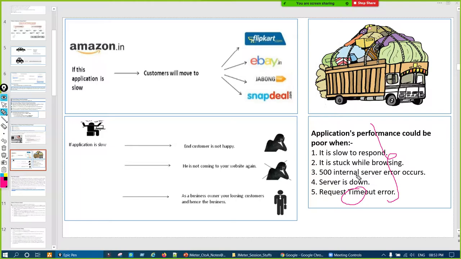So here also we cannot do it manually, and that's why we need a tool to do the performance testing, to check the behavior of each page or each user action on the website, right? To decide and check whether the response time is good or not for 1,000 users, for 2,000 users, like that. So these are the stuffs.